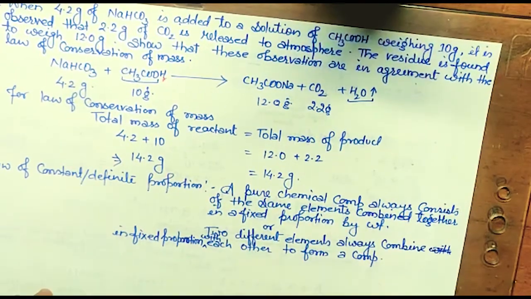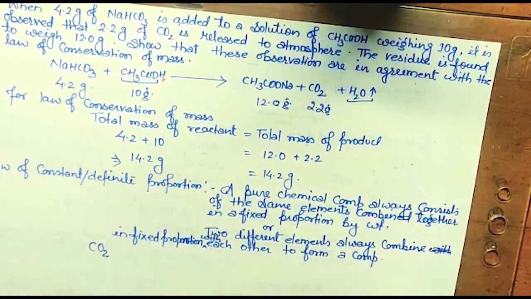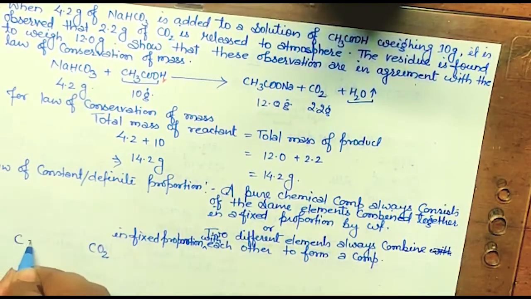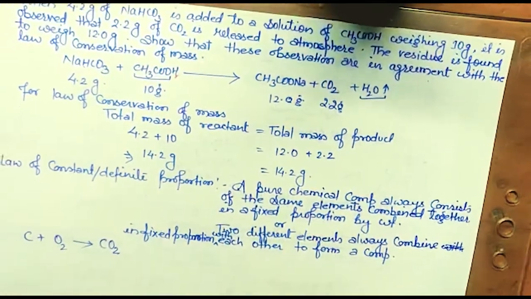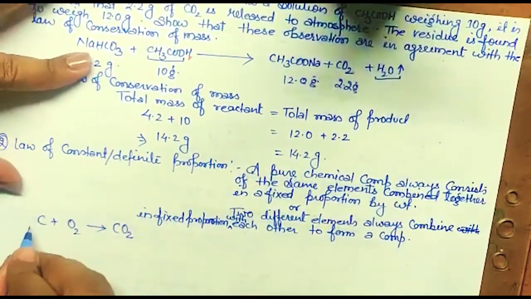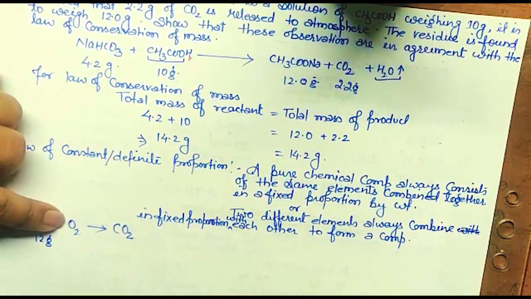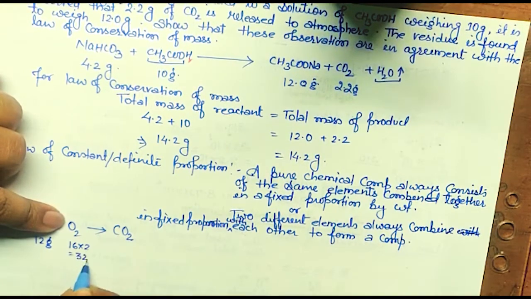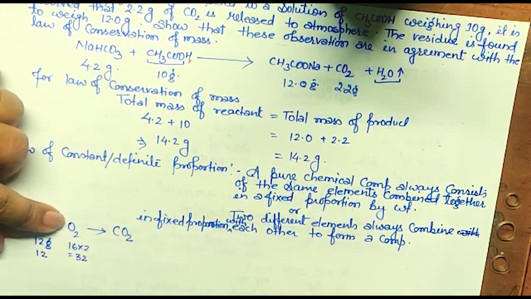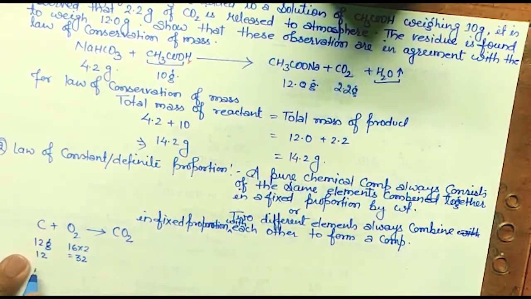Got it? Let's take an example, if carbon dioxide has to form. Yes. So it will be made up of carbon and oxygen, isn't it? So what weight we have taken for carbon? Carbon is 12 gram, isn't it? And oxygen, one oxygen is having 16. So this is 32, isn't it? Okay. So 12 and 32. What is the ratio for this? If we divide it, it will be 3:8 ratio.